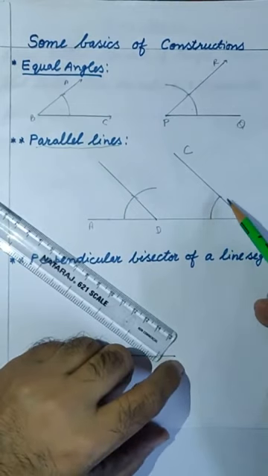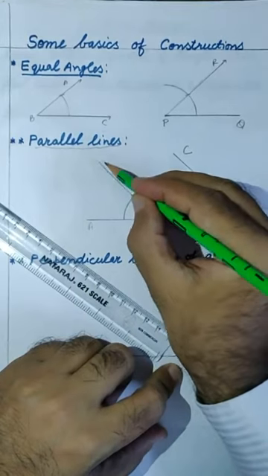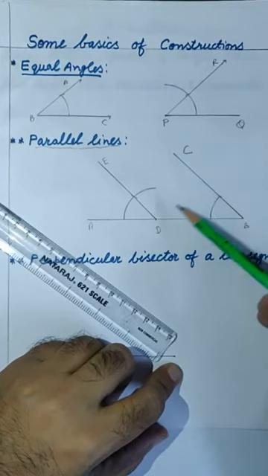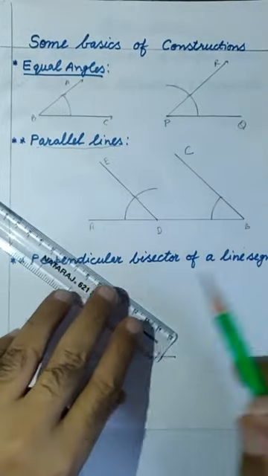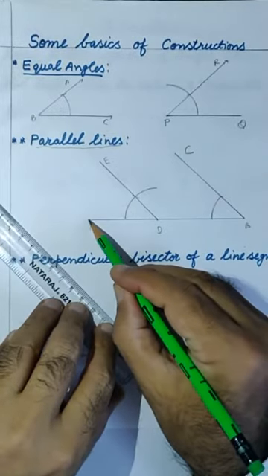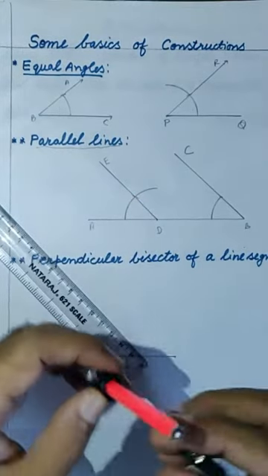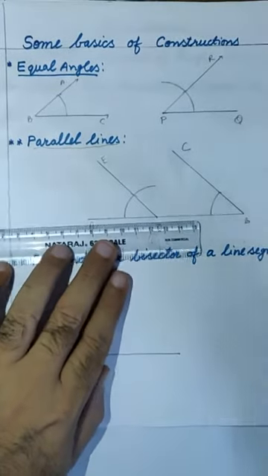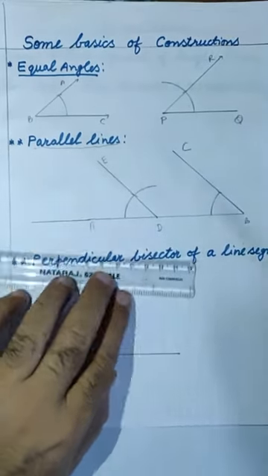I think students, you are able to draw parallel lines on this DE. If I write here, DE is parallel to this BC, both are parallel. You can see the distance between them. If you want to draw another one parallel to DE, the same way you can do this. You can draw an arc here, or you can extend this. Again, you are to draw corresponding angles.